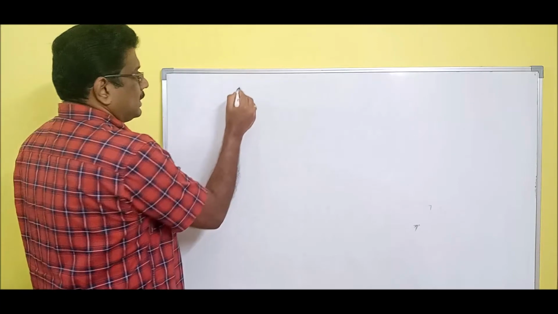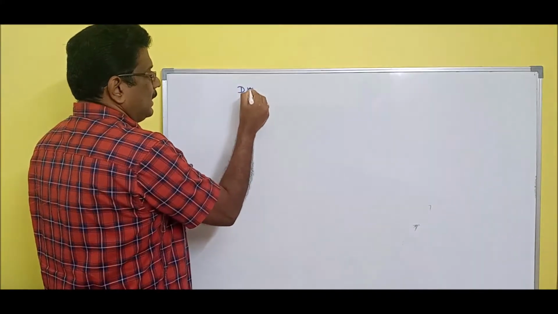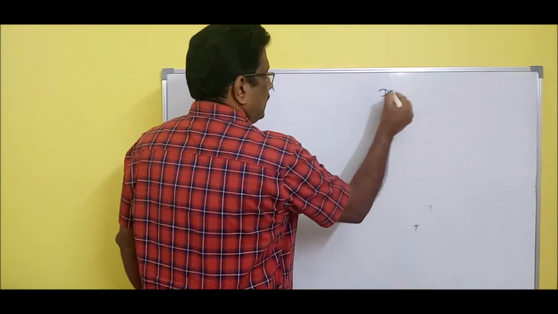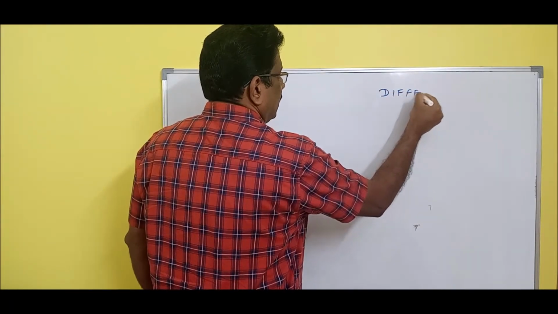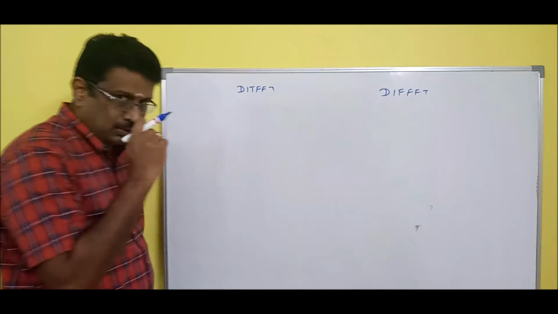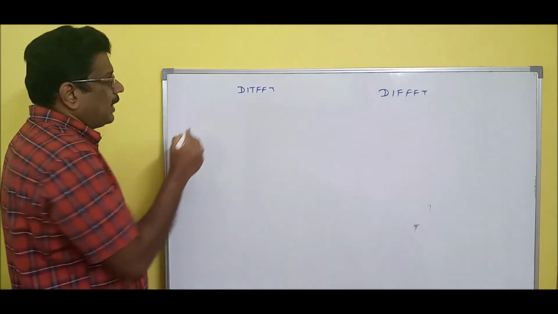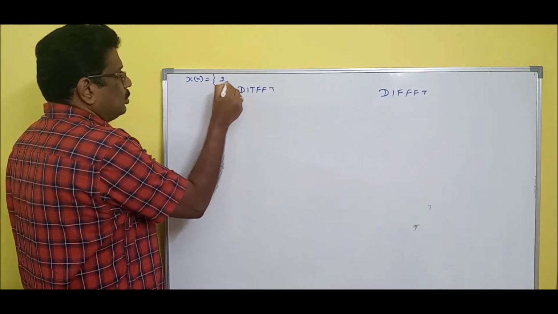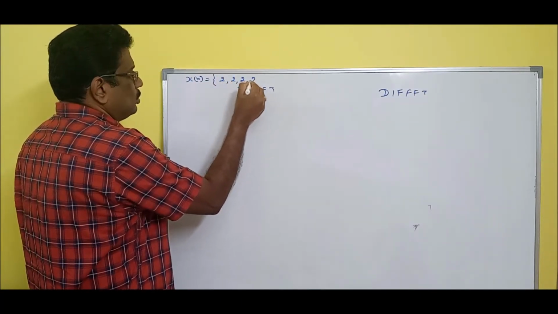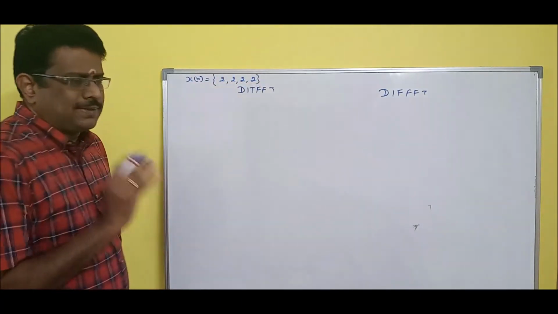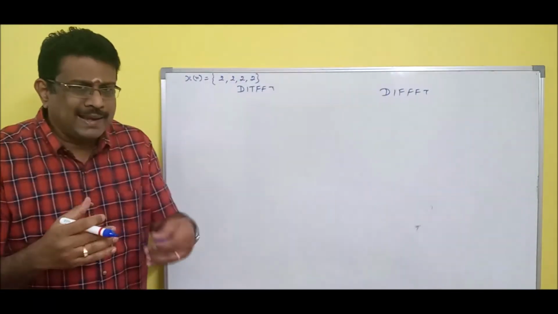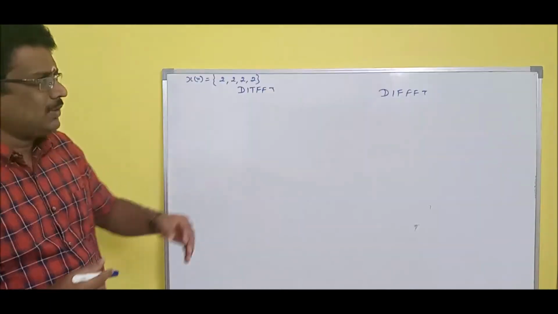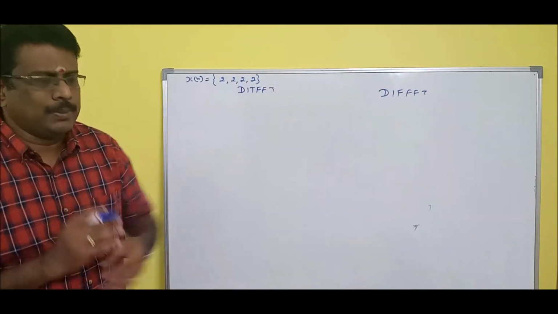In the last session, we had DIT FFT as well as DIF FFT. Yes, we discussed both. And if I ask you, x of n is equal to 2, 2, 2, 2, just 4 point, okay, just for a small recap. Find DFT using DIT FFT or even DIF FFT, whatever.